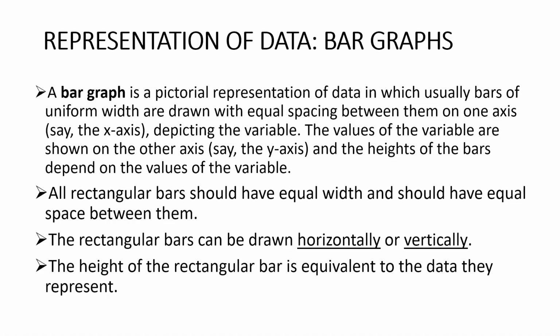Data can be represented graphically in various ways. First type of representation we are going to study is the bar graphs. A bar graph is a pictorial representation of the data in which usually bars of uniform width are drawn with equal spacing between them on one axis, the x-axis, depicting the variable. The values of the variable are shown on the y-axis and the heights of the bars depend on the values